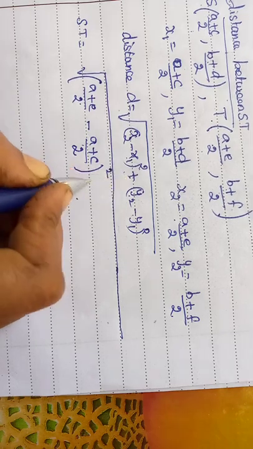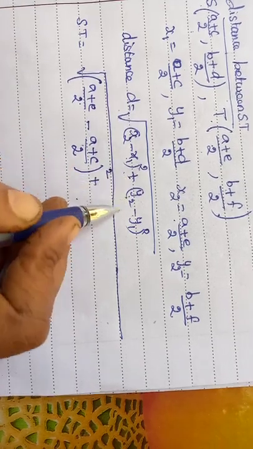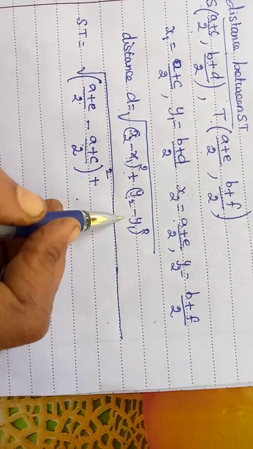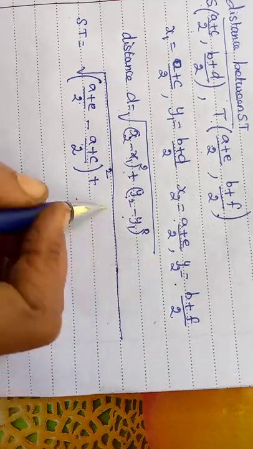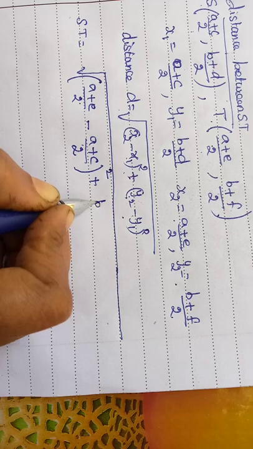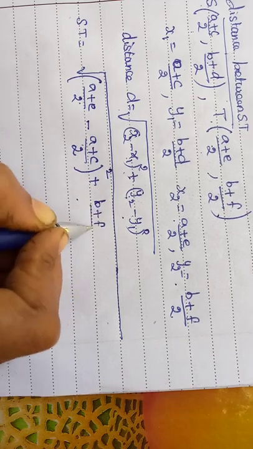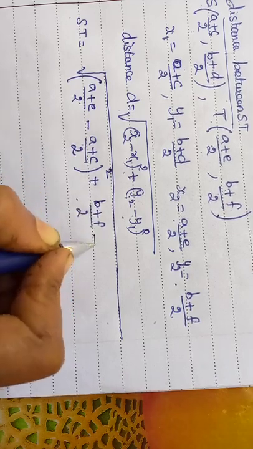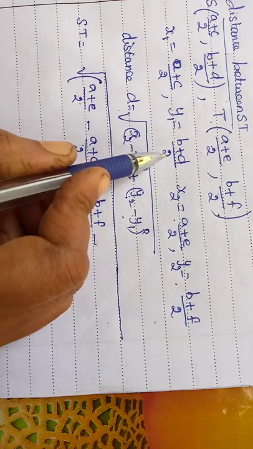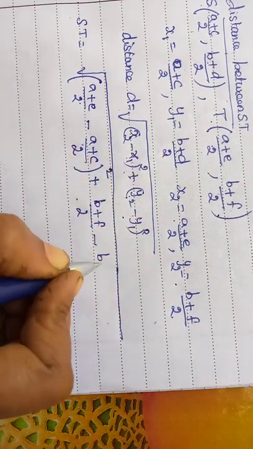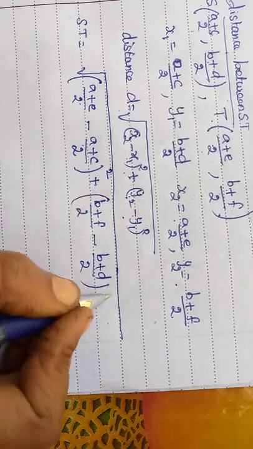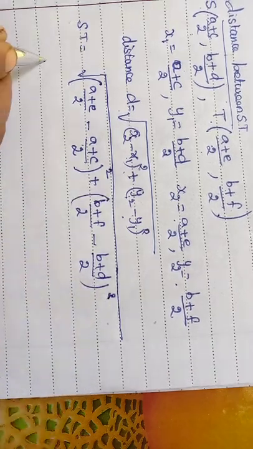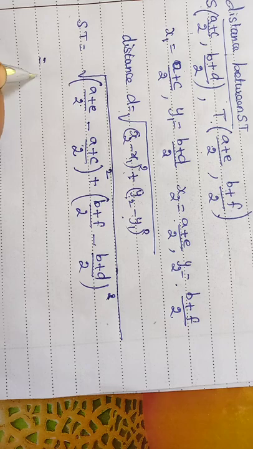Then plus y2 minus y1. What is the y2 value? B plus F by 2, minus, what is y1? B plus D by 2, the whole square. That is equal to square root of